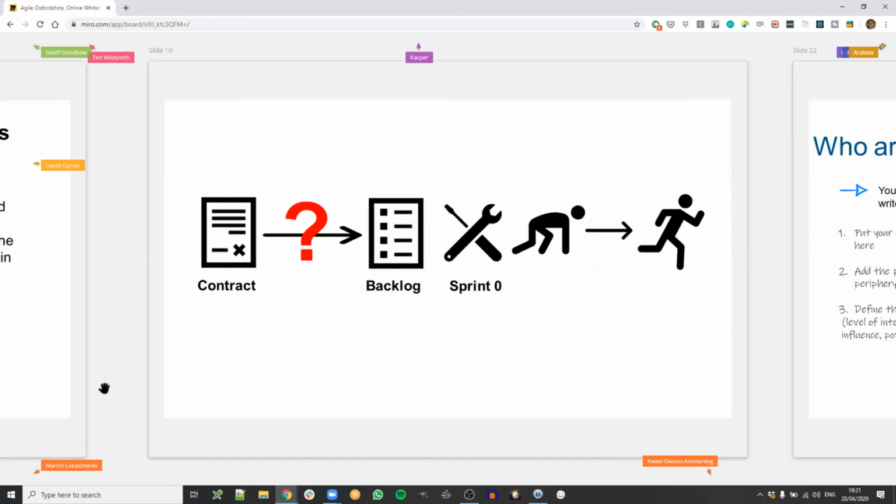So you might have a contract, right? If it's for a client, or even if it's an internal agreement, for an internal tool you're developing, some kind of agreement of, okay, we're going to do this thing. You might have a vague statement of work or a vague description of what it is you want to achieve. But then you have to somehow get a backlog and be able to start. And there's not much in the literature talking about this. So the big question then is how do you actually do this?